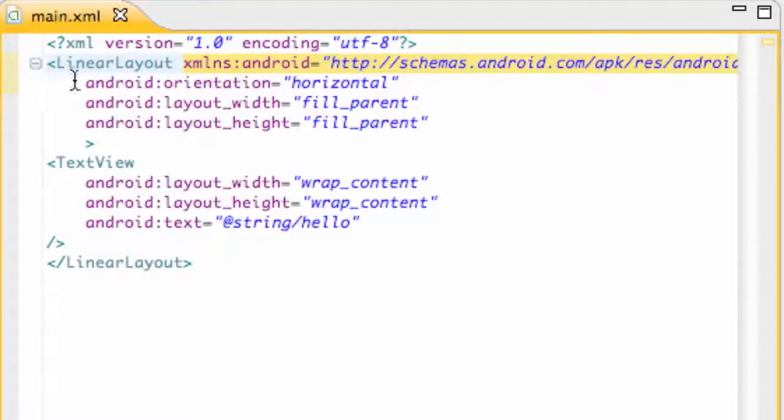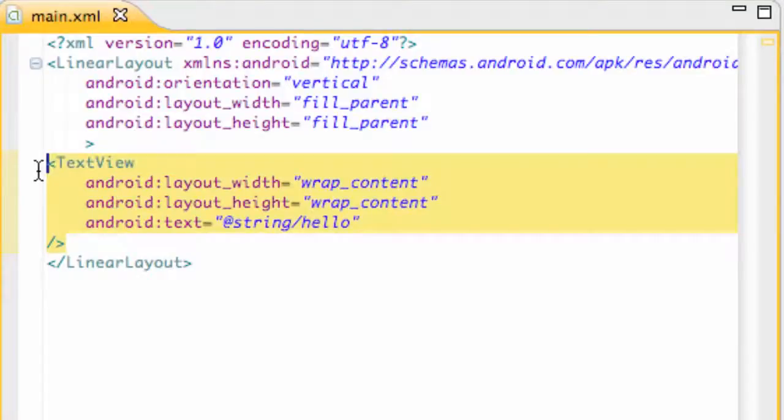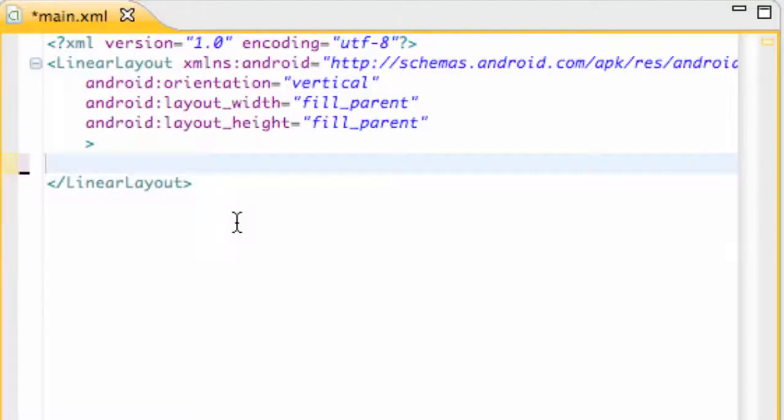And then the next thing that we have is the orientation of our linear layout, which is set to vertical. I was messing around with it, and that's why it was changed. Basically what that is going to do is set all the items within the linear layout vertically. So for example, if we copy this text view, or this text for the most part, and paste it